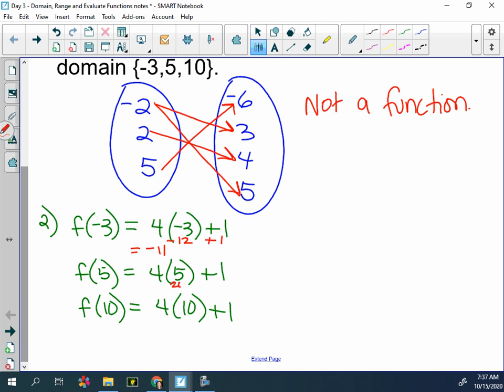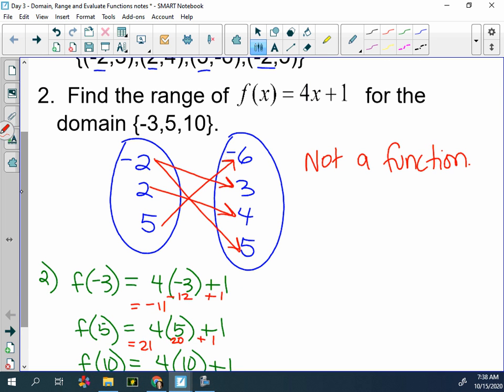4 and 5 is 20. So this one would be 21. And then this is going to be 40 plus 1, so 41. So if I was trying to keep them together as ordered pairs, I could do negative 3 comma negative 11, 5 comma 21, and so forth. But I would like